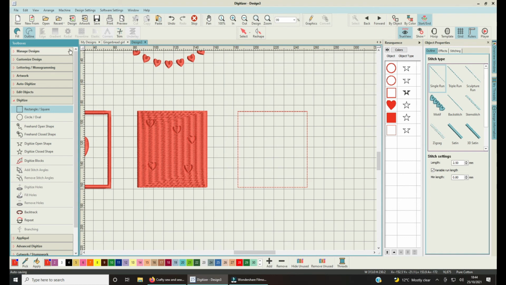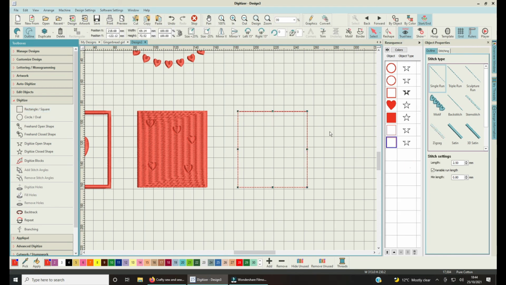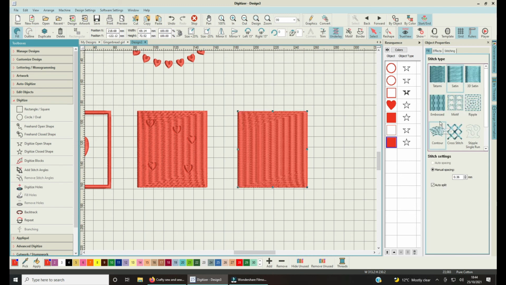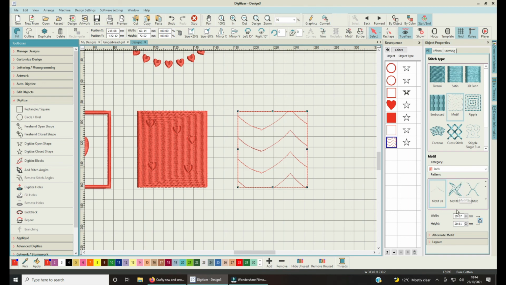And now I want to say, well, I'm going to duplicate that, pick it up, duplicate that, so I've got two right on top of another, and because I still want to keep the bounding box, because you see what's happening now. I picked up the second one, and I say, well, I want that to be a fill, but I want it to be a fill of my motif, not that one. I want to go and pick up the one I like, which is